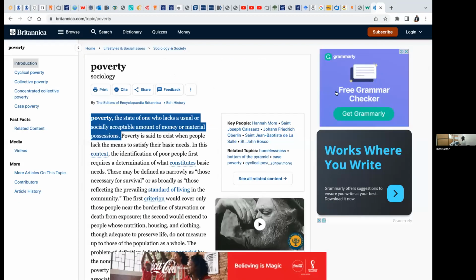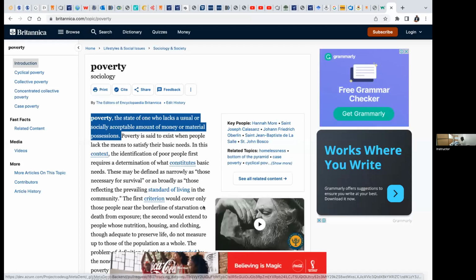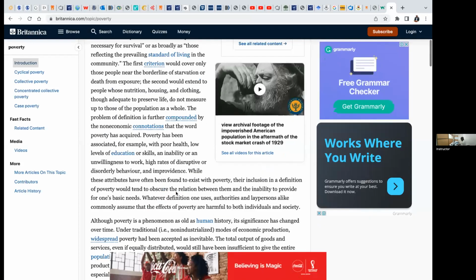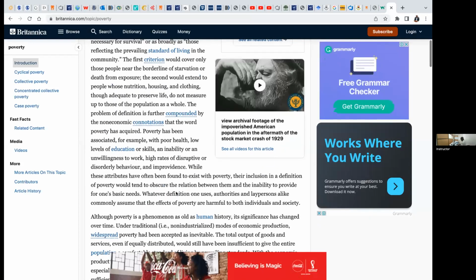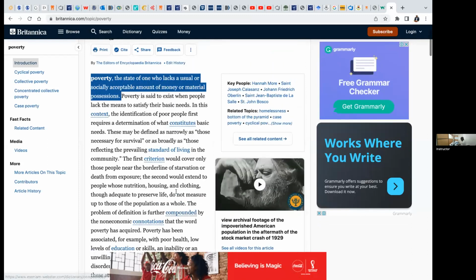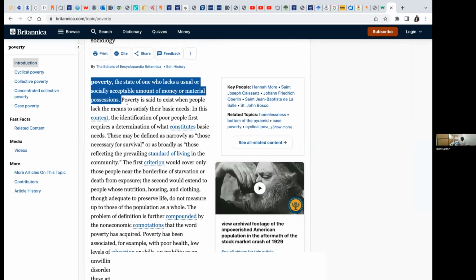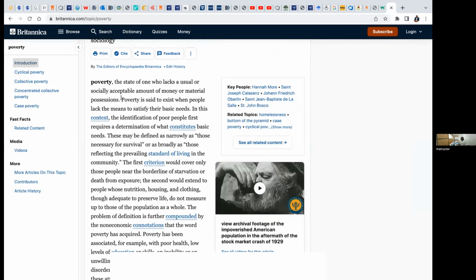Okay. Now, like I've put it there, then what we do is we can put another sentence. You can put whatever you want, so long as it is related to what you're presenting.